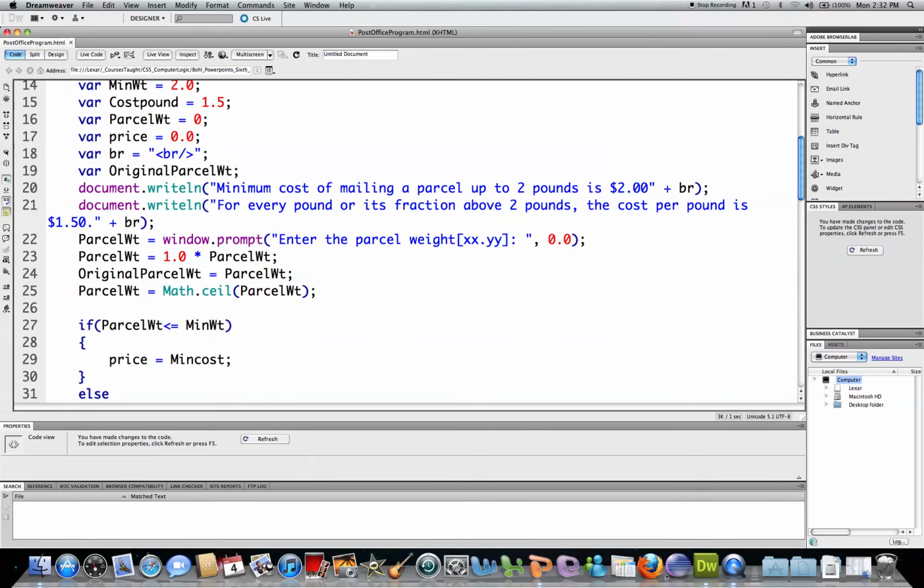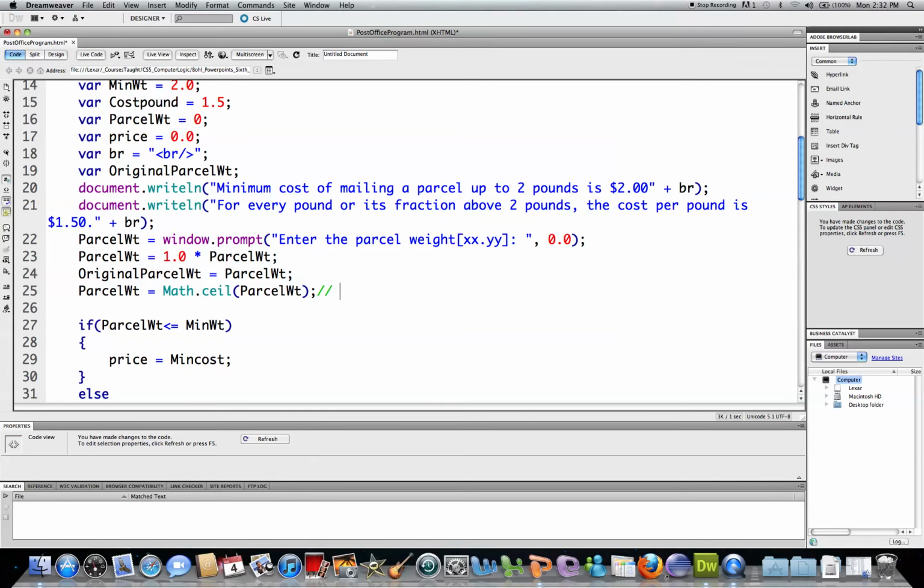So there's a method called ceil, which is short form of ceiling. So when we pass this original parcel weight, what this method will do, if this has any fractional pound, it's going to bump it up to next whole pound. So for example,